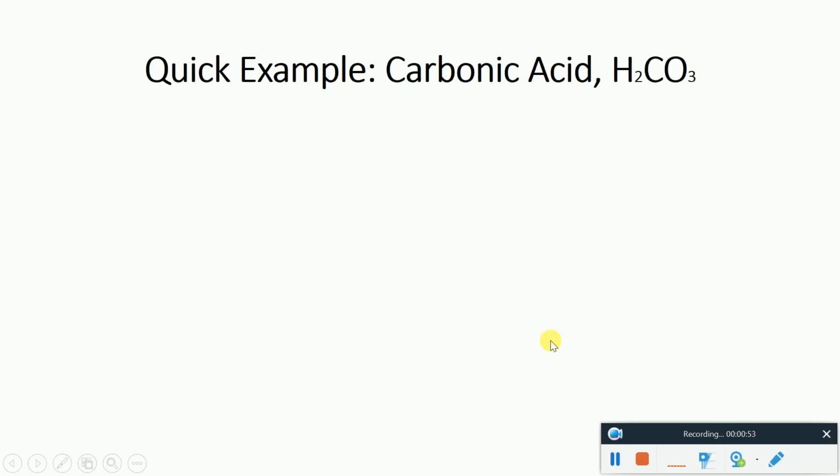Right, so here's a quick example. Carbonic acid. Go ahead and try this one. And go back to the last slide if you need to. But I'm assuming you've tried it, so